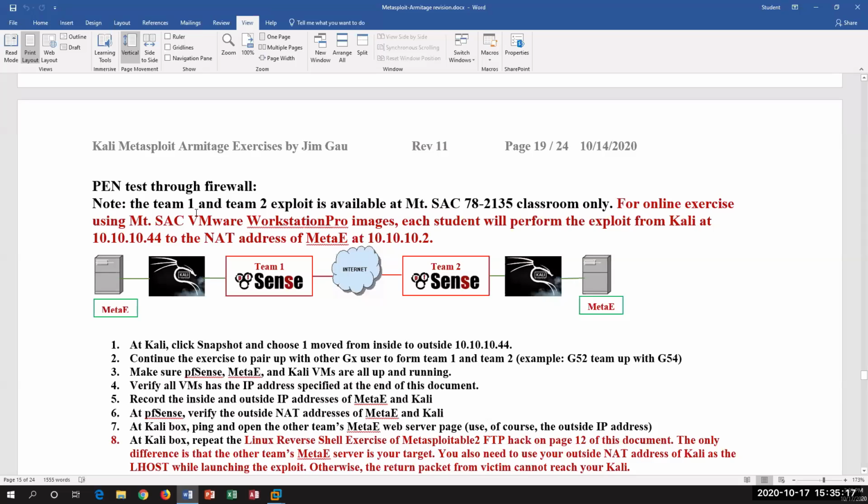So this video is going to walk through the exercises for the Kali vulnerability assessment. Go through the internet outside network, and if it's in the MonSec classroom, then we will have two teams that you will do the vulnerability assessment